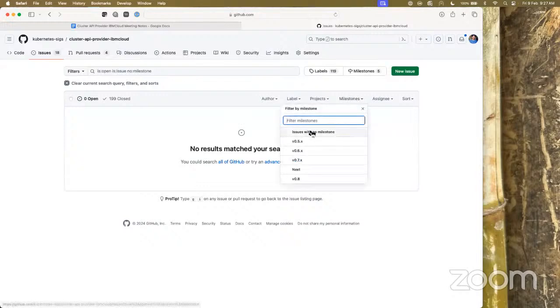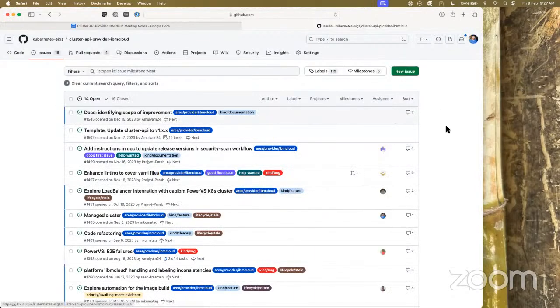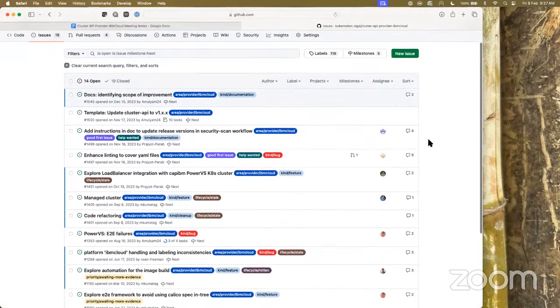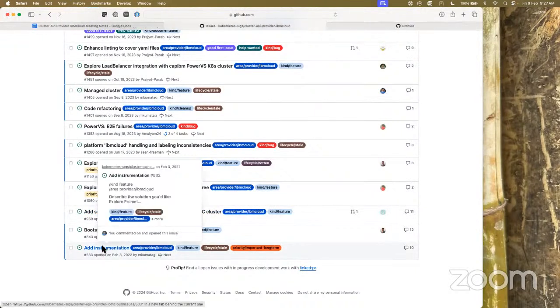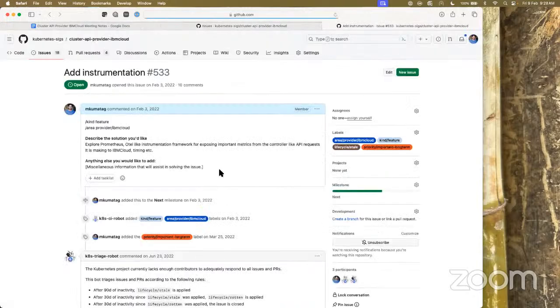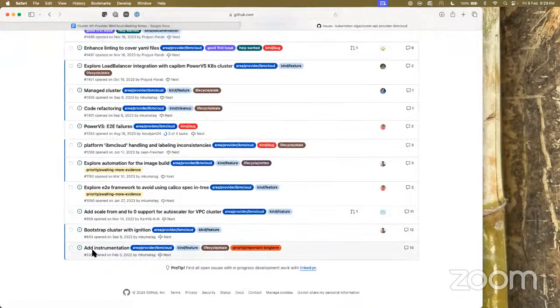All right, and then look at the next. Add instrumentation implementation. Yeah, I don't think we can really take this.